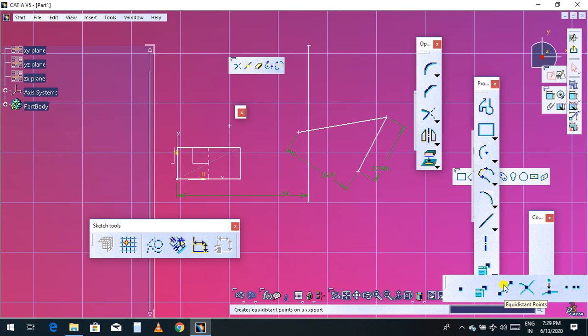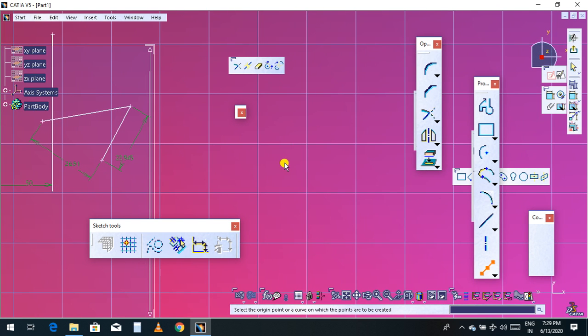Another is the equidistant point. Just click the equidistant point.